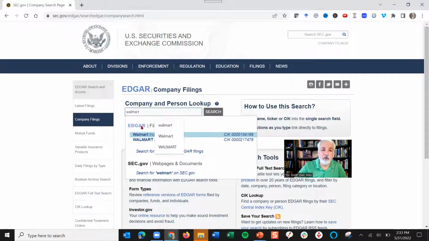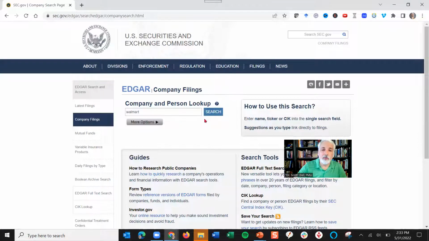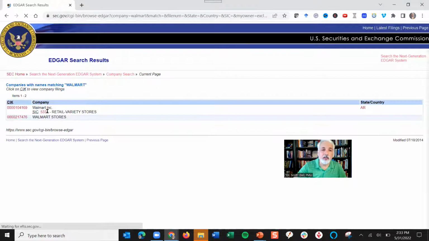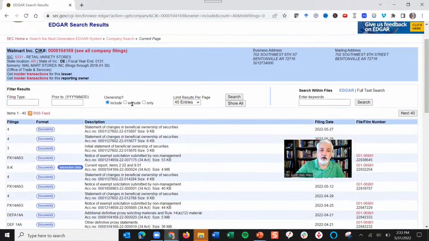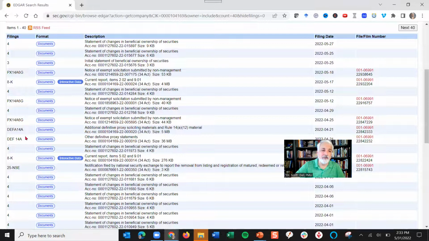If I go into Walmart, you notice there are two Walmarts here. Okay, I'm going to search Walmart, and what's going to come up is Walmart Inc., SIC code, retail variety stores, and Walmart stores. And you might say, oh, that's easy. I want Walmart stores. Well, the reality is this is the Walmart we want that's going to get our annual report. That's the corporate Walmart Inc., not Walmart stores. If you typed in Target, you have 20 or 30 different Targets. So again, having a ticker symbol makes it a lot easier to find. So let's go ahead. Now I'm here looking at all kinds of filings, 8K, Def 14A.